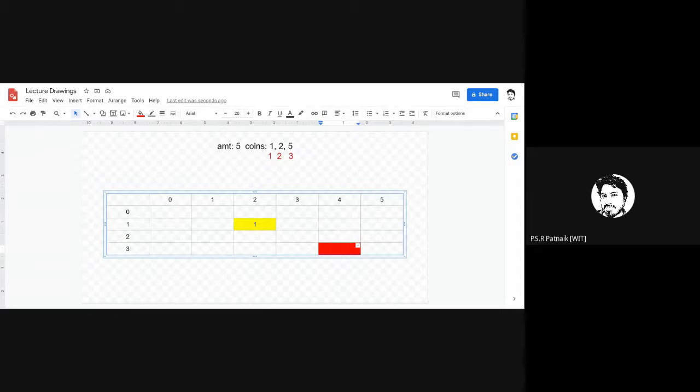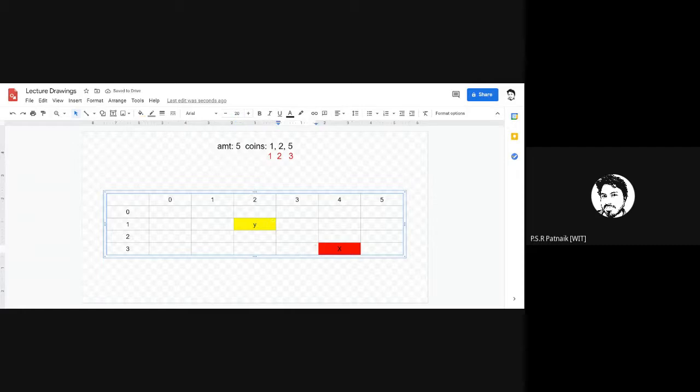I mean, by using the coins at index 1, index 2 and index 3. So by using the coin of denomination 1, the coin of denomination 2 and the coin of denomination 5, in how many ways can I realize an amount of value 4? That value will appear here. It may be X, or here it may be something called Y, right?